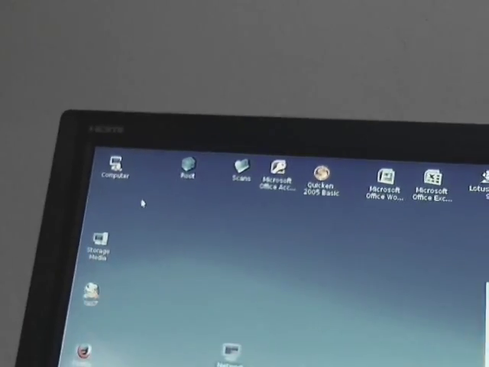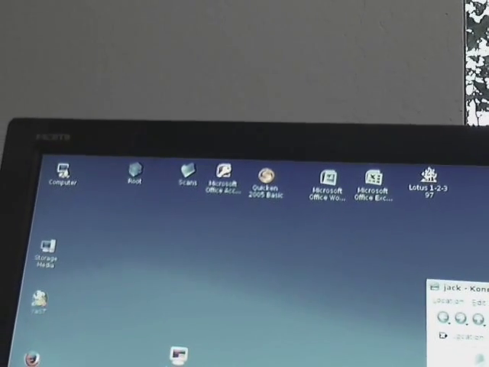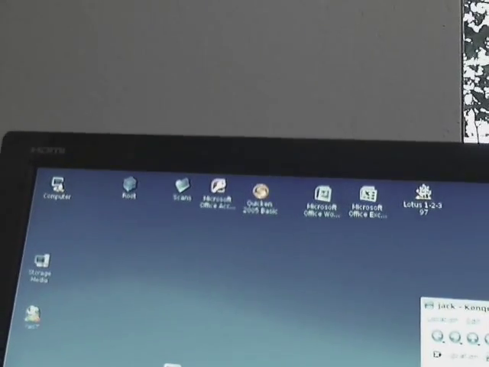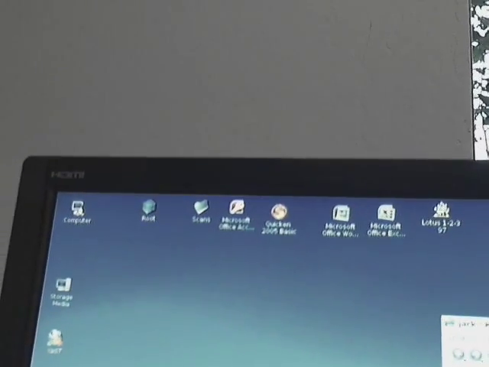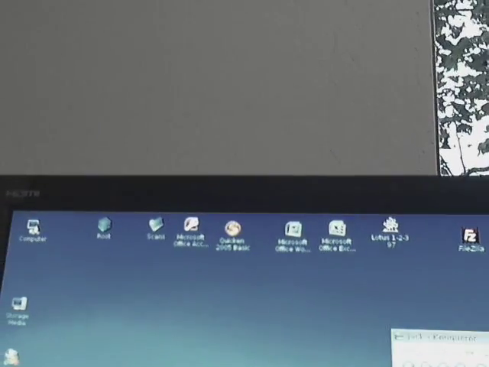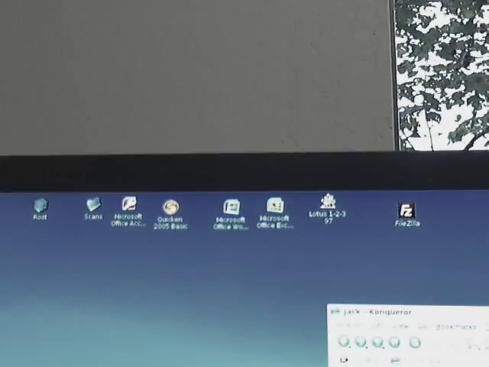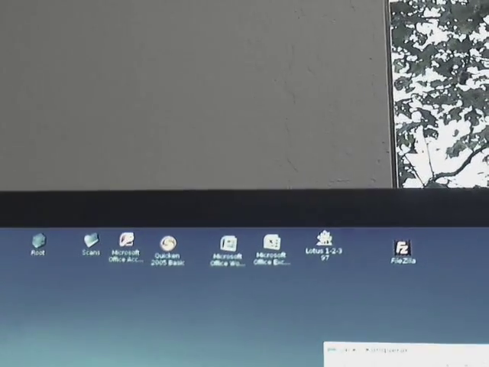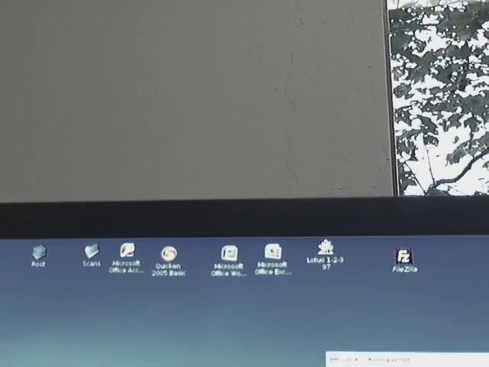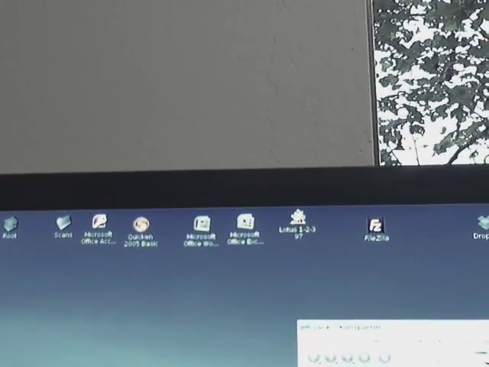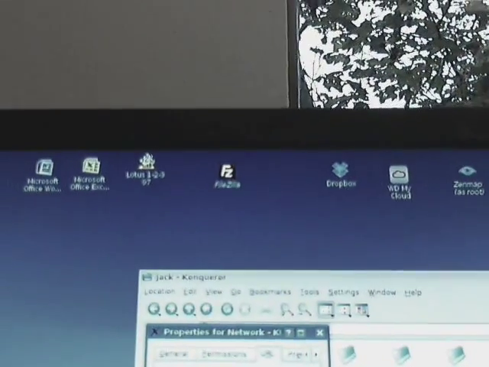So, what you can do is I've made a little icon called Network. I've basically right-clicked, created a new folder. Or did I? Let's see what I did. I don't even remember. Oh, sorry. I right-clicked, and I created a new link to a location. And the location that I have is just that, smb://